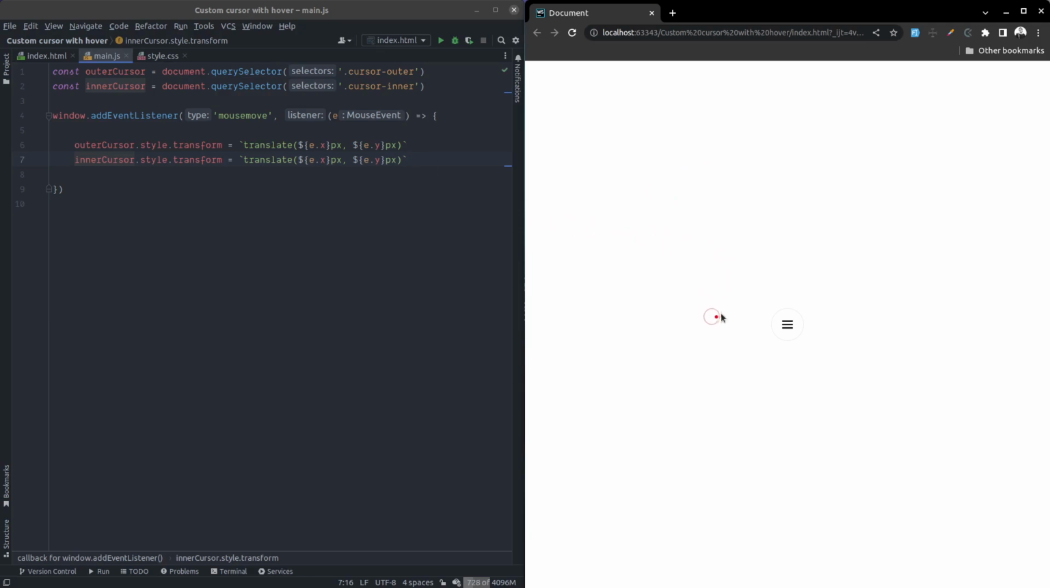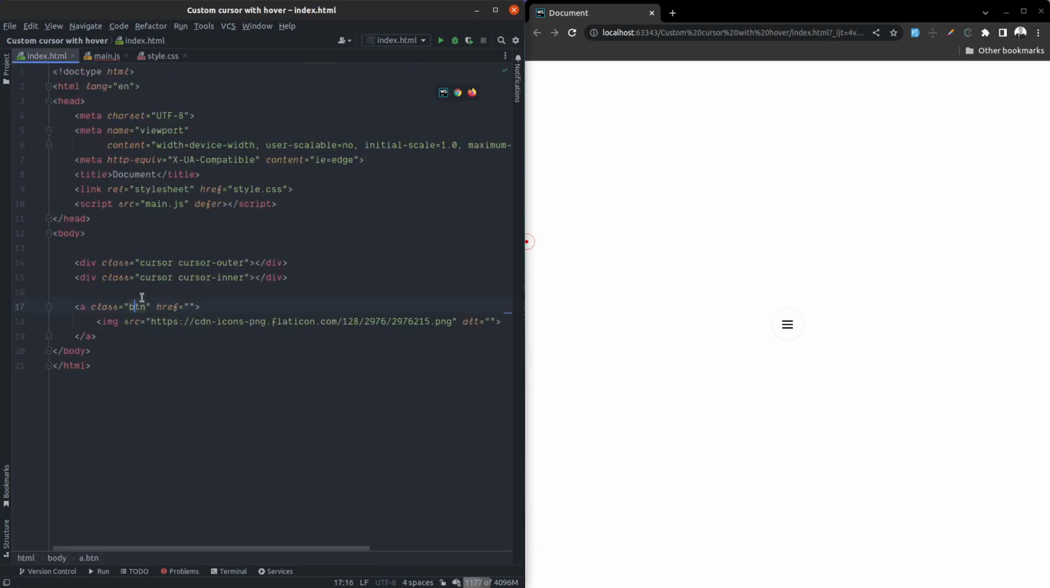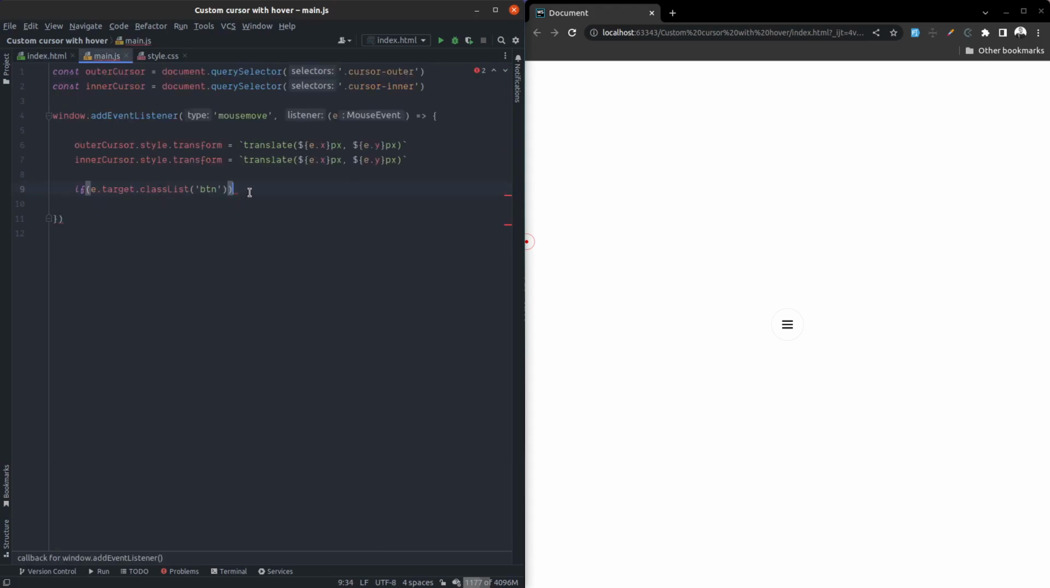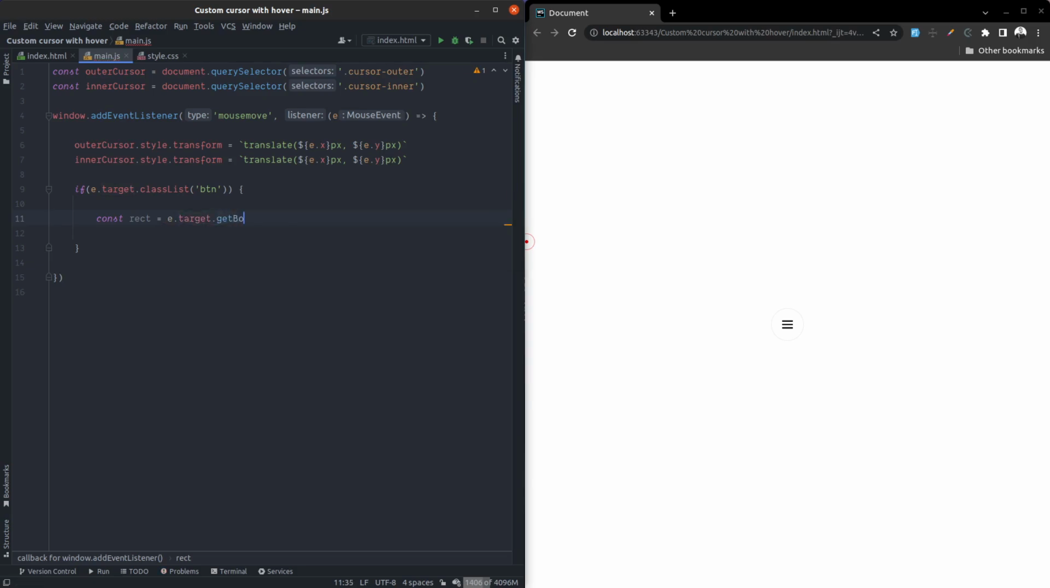And let's start adding the hover effect. So to do that, we will need to check if our target element is this button. We can do it by checking if our target element has the class of btn, which is this class. Then we can access additional information about our button by e.target and